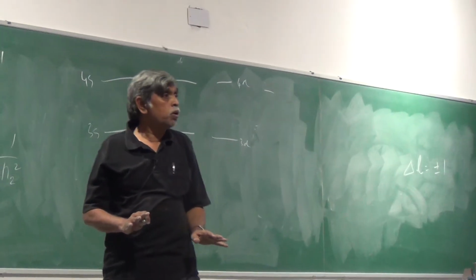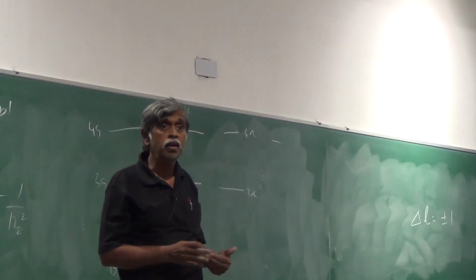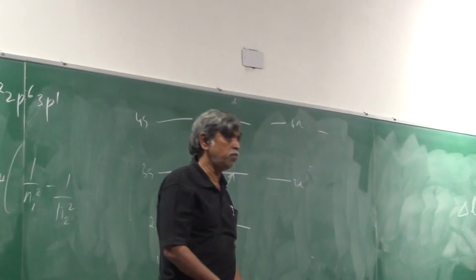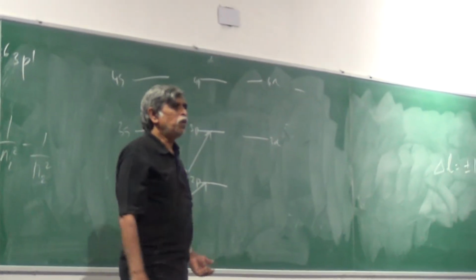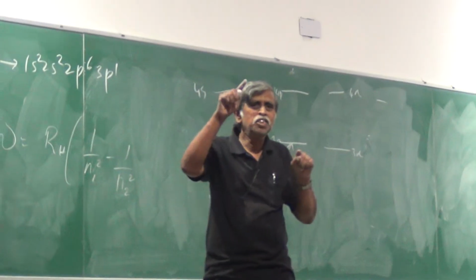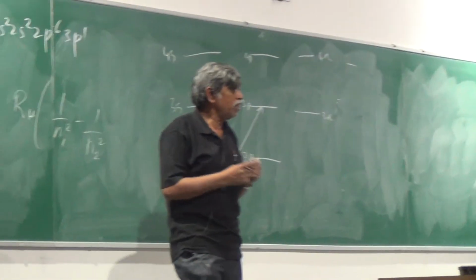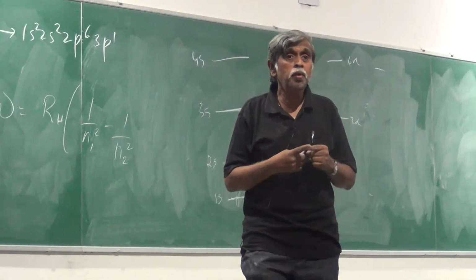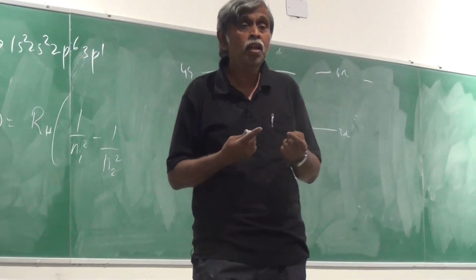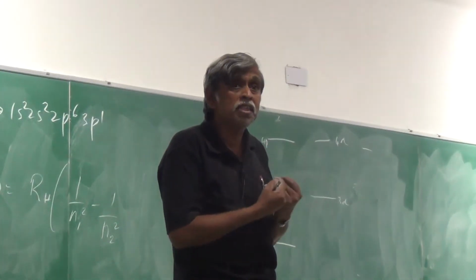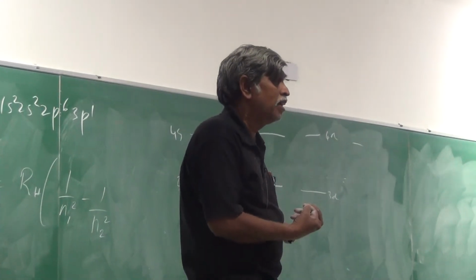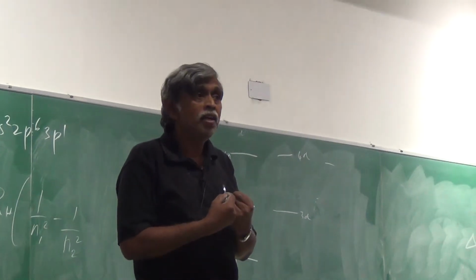Again, a delta L plus 1 selection rule is perfectly valid, perfectly allowed, and you will observe it. But how will you observe it? An S to P transition will be a doublet for the very same reason. If an electron jumps from a 1s level to a 2p level, I will actually see a doublet because the 1s level will be a doublet S 1/2 state, and the 2p level will be